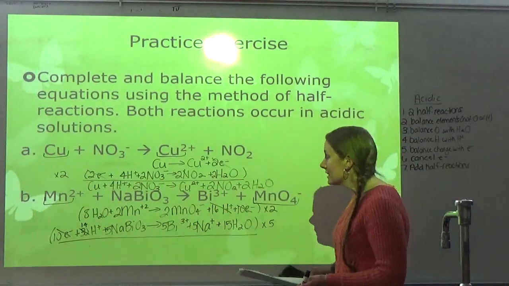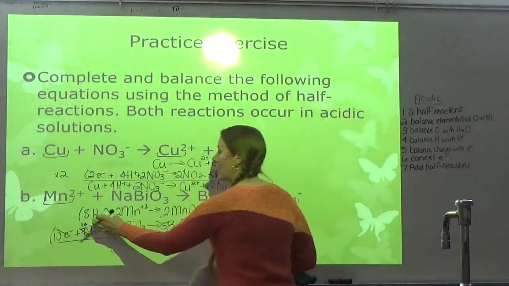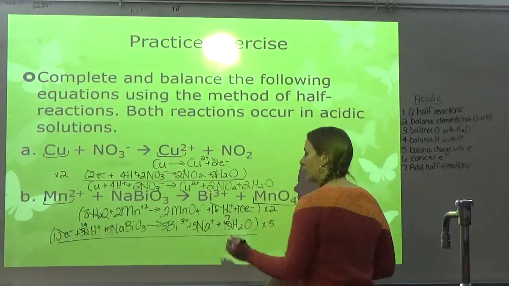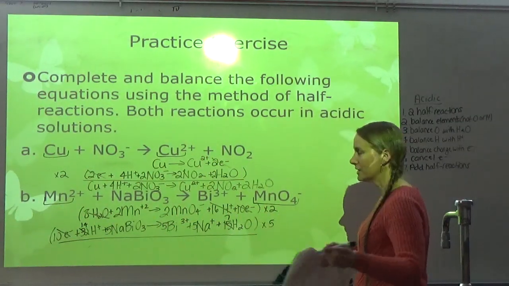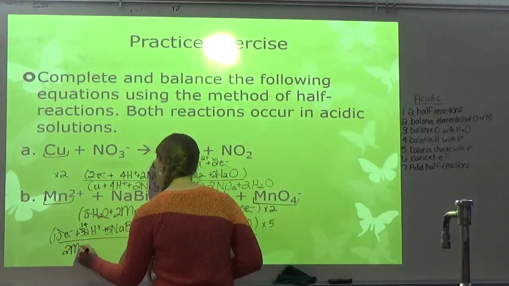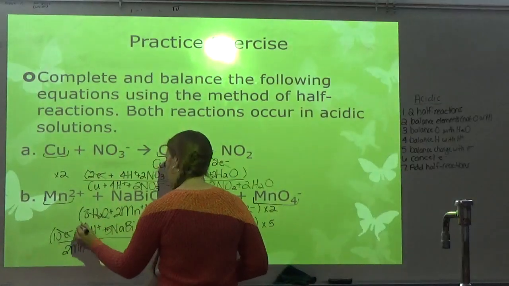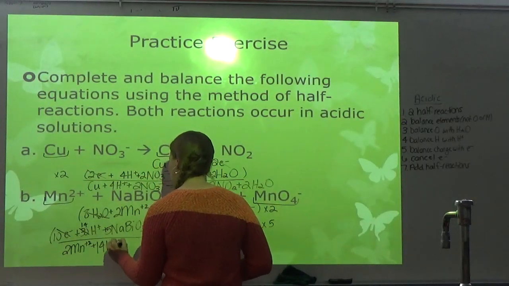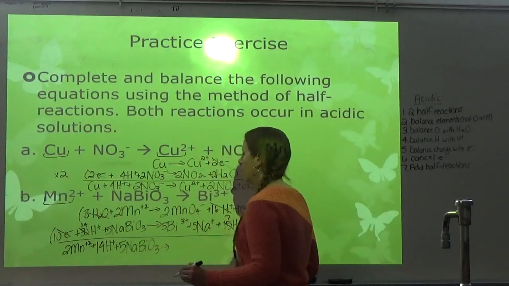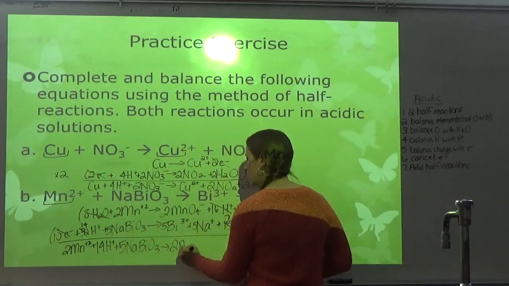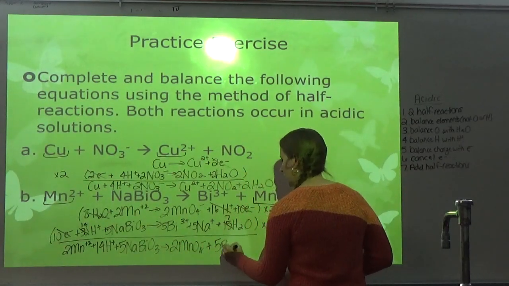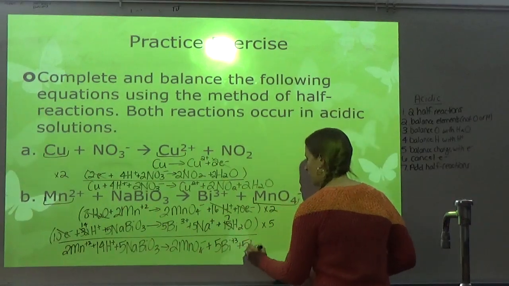All right, so next, let's see, I got some waters that can cancel, because I have 8 waters on this side and 15. So 8 of them will cancel, and I'm left with 7. And then that looks like that's all that can cancel. So then I just write what I have left. So I have 2 Mn2+, I have 14 H+, I have 5 NaBiO3. All right, and then what I'm yielding is 2 MnO4-